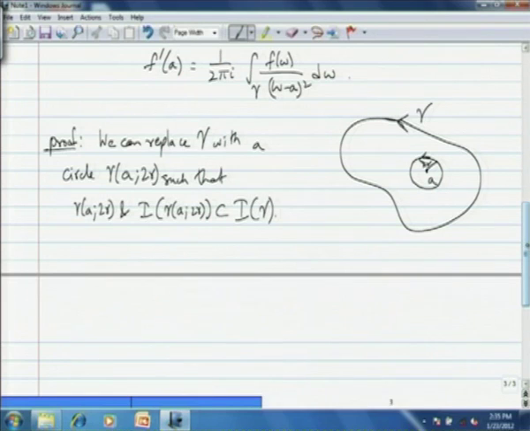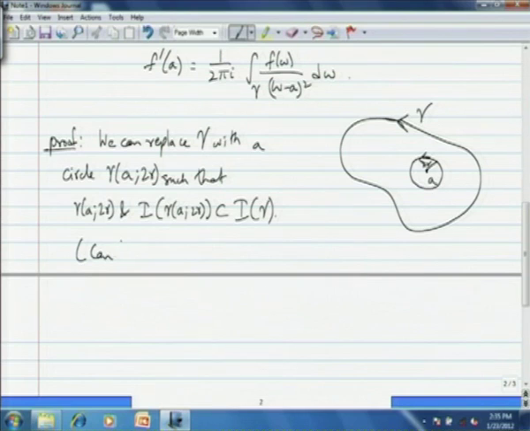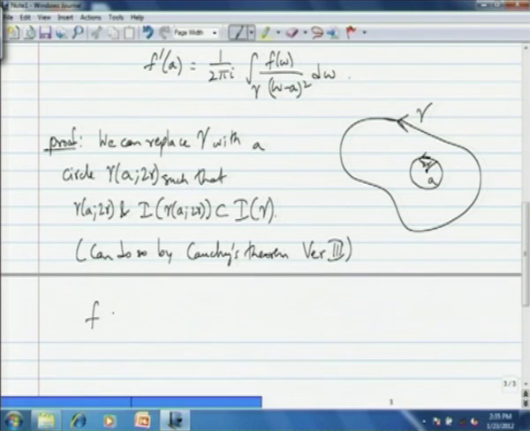Okay, that we can do by Cauchy's theorem version 3. Now, we will calculate this quotient (f(a+h) - f(a))/h, which